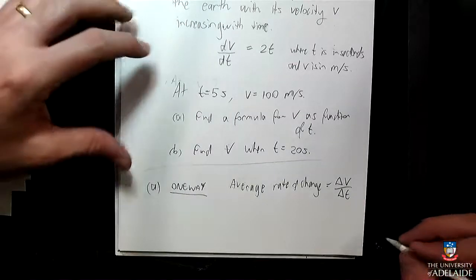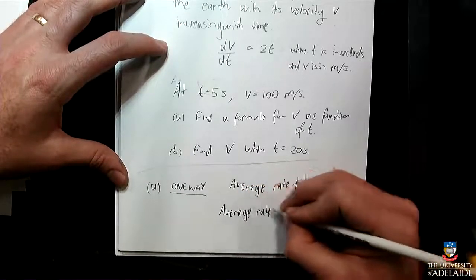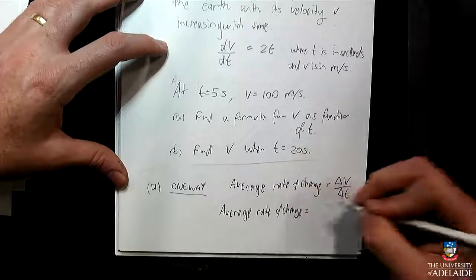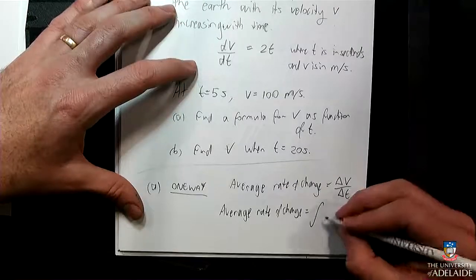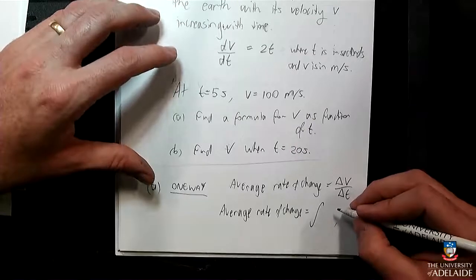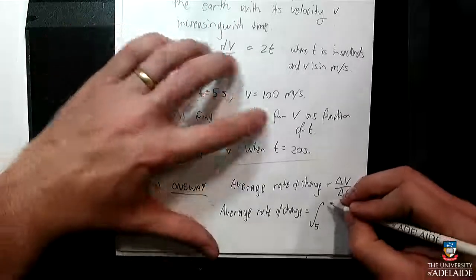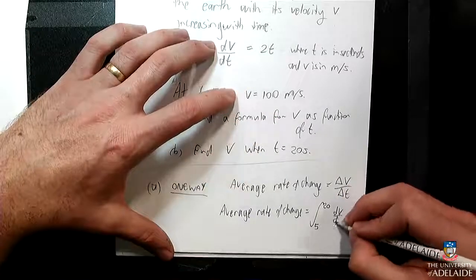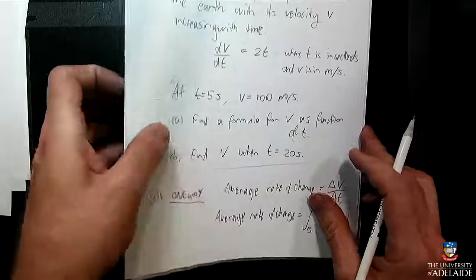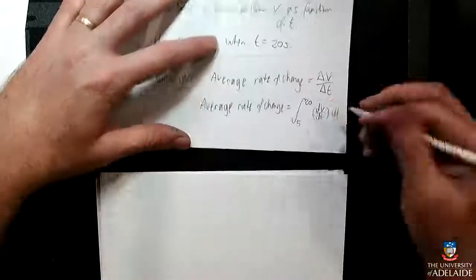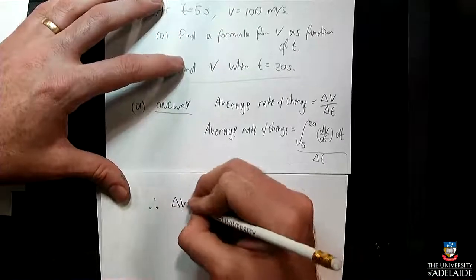But I also know that the average rate of change is the average value of the rate of change, which is the integral from t equals 5 to 20 of dv/dt dt, divided by the change in t. And so therefore, the change in v must be